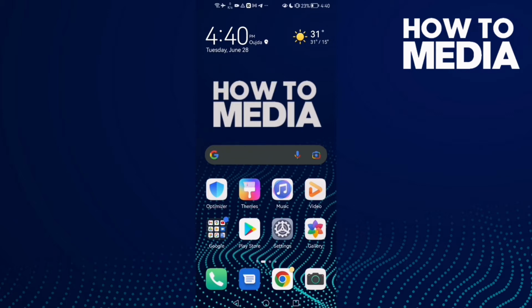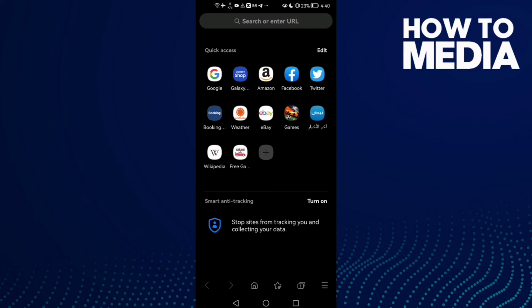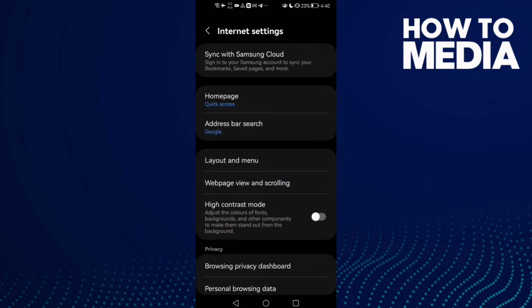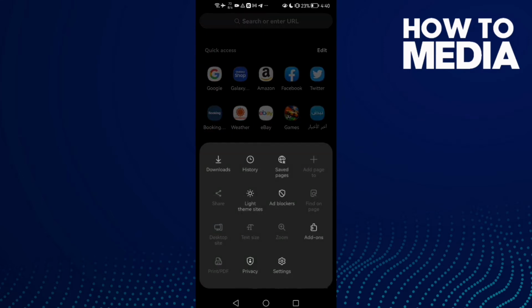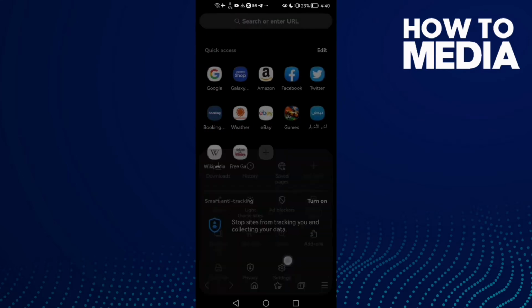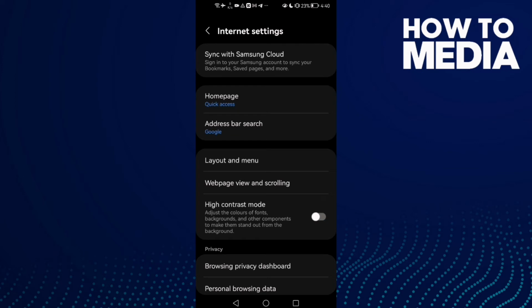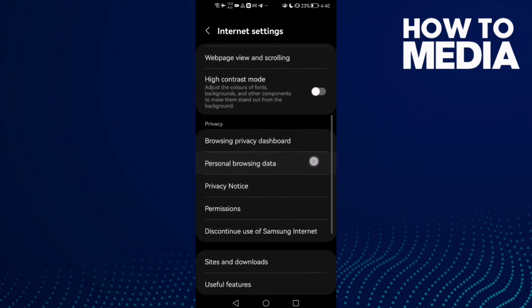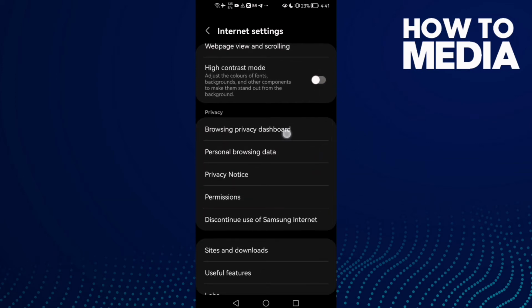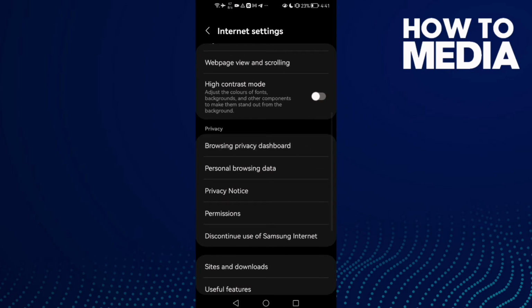First thing, go to the browser and click these three lines here in the bottom corner. Click on it and then click settings, and here you will find, scroll down, here you will find it, browsing privacy dashboard. Click on it